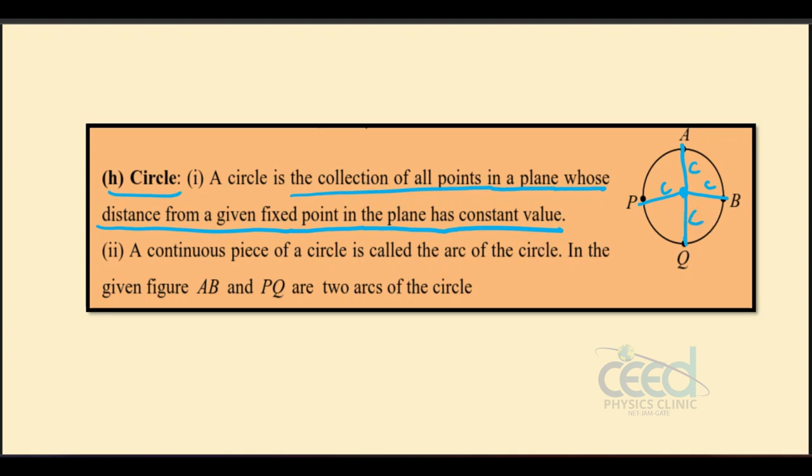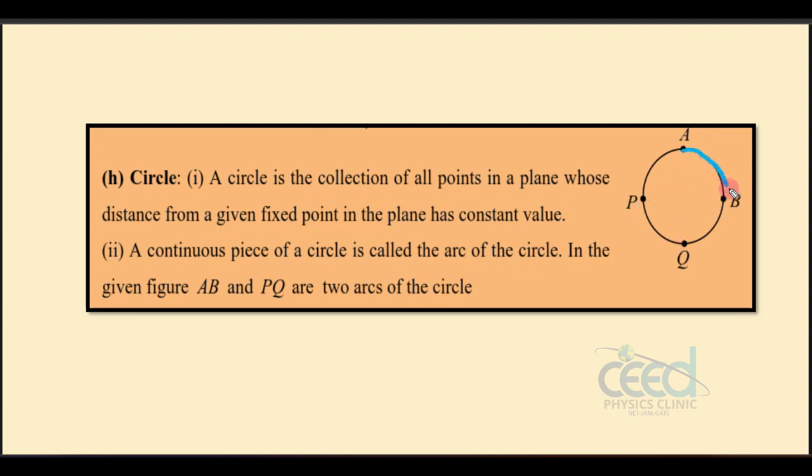Right? A continuous piece of a circle is called an arc. See, suppose in this circle we consider a continuous piece. This is known as arc AB, right? This is known as arc PQ. This is known as arc BQ, right? So all of these we call arcs of the circle, right? All right. Now